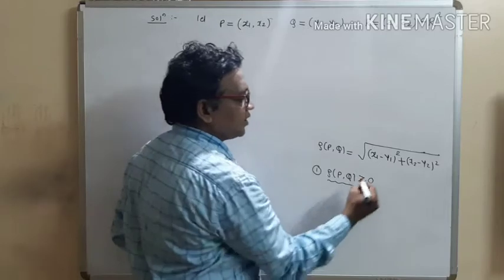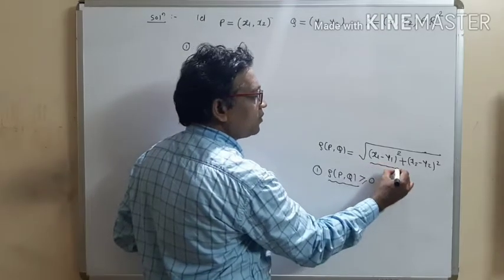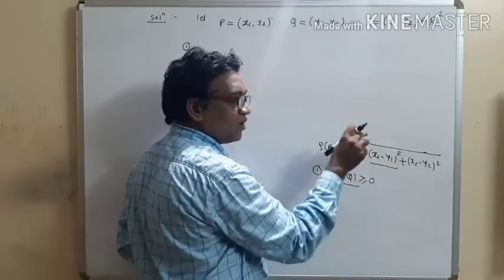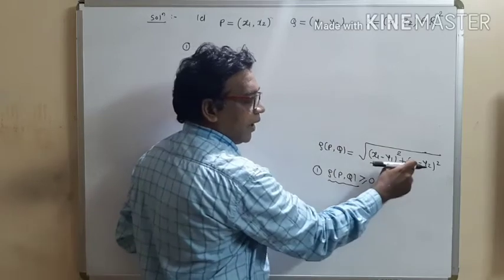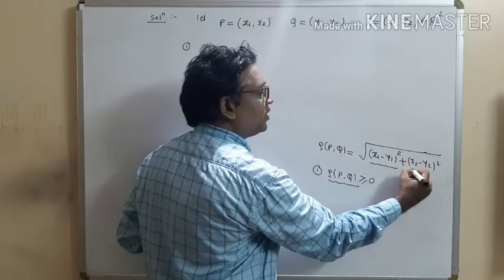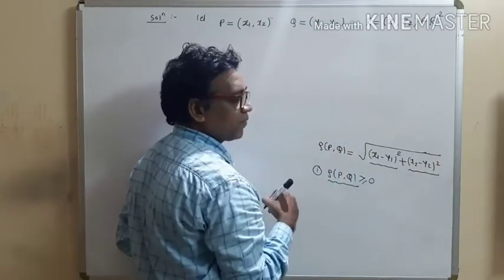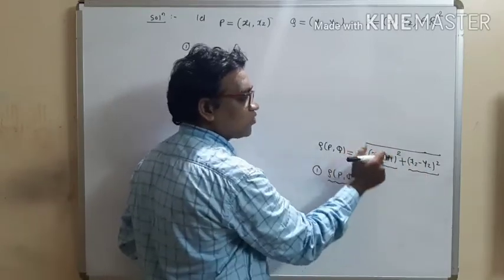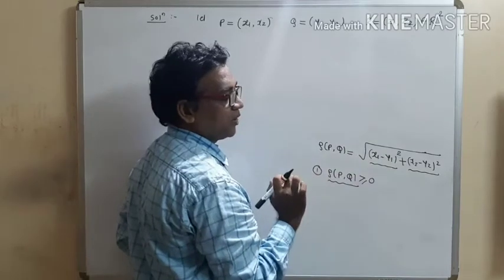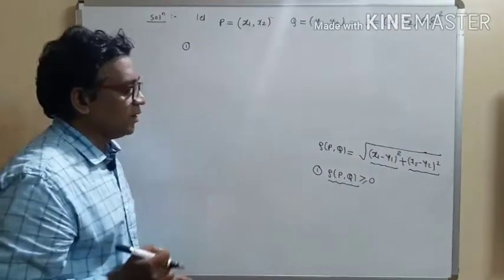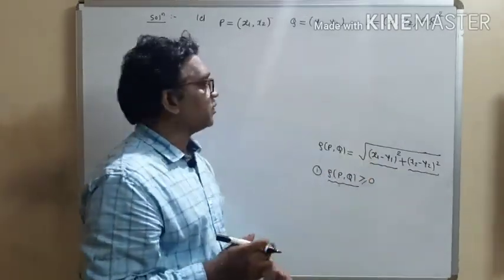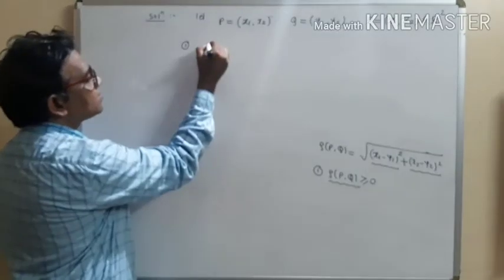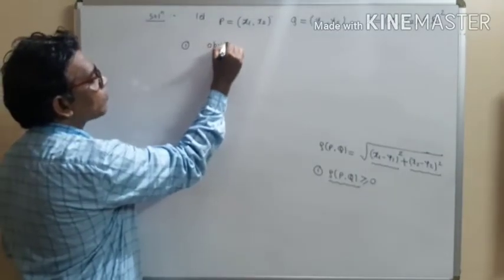Now obviously this is a non-negative term because it is a square term. Square is always positive. (x2 minus y2) bracket square, this is again a non-negative term. Sum of positive terms is again positive, and square root of a non-negative term is again non-negative. So we can directly write that this is a non-negative term. So just write down like this. Obviously,